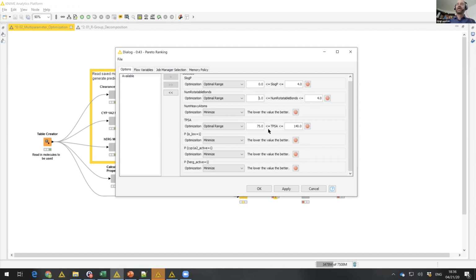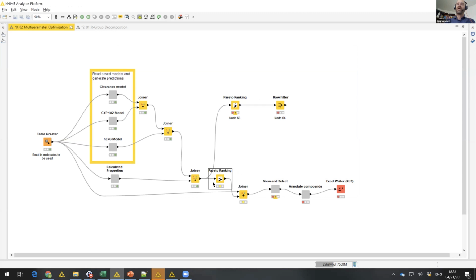And then PSA, these are two magic values for PSA. One of them has to do with not penetrating the blood-brain barrier, and the other one has to do with just general likelihood to be biologically active. These are all rules of thumb that one should take with a very extreme grain of salt. But we're using it as part of the multi-objective optimization, so none of these are going to dominate any of the other ones. I can run that,